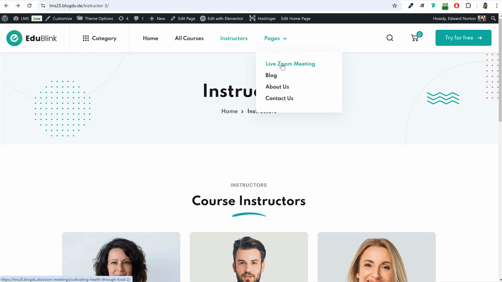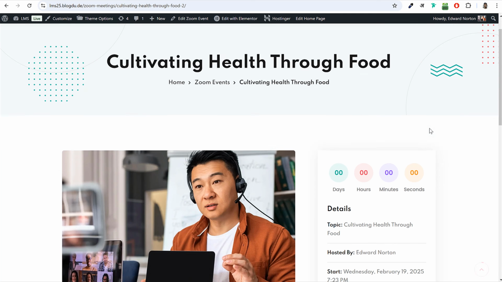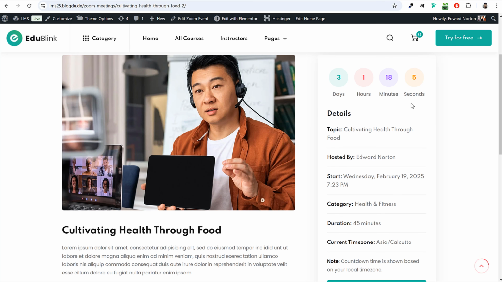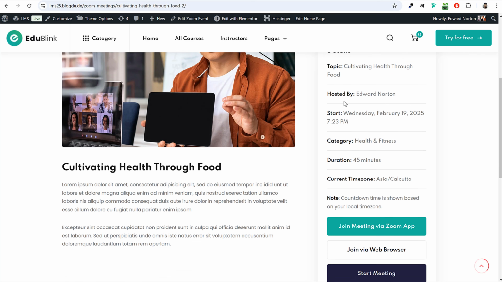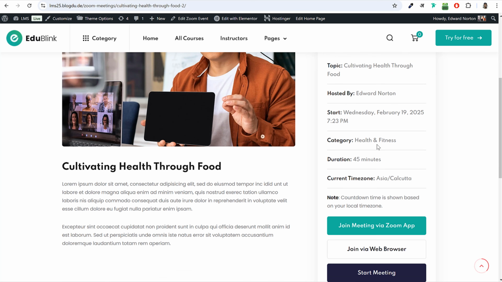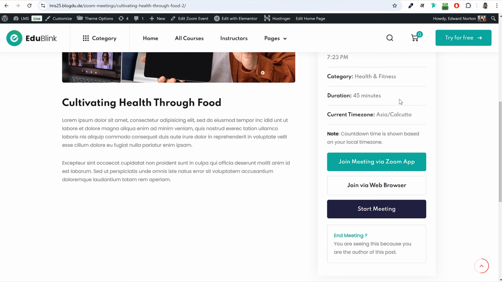For example, I'll show you how to do live Zoom meetings. You can see over here, this is a live Zoom meeting, and you can see the timer when this meeting is going to be held, who is hosting this meeting, what is the time, what category, and what is the duration of the meeting. Now, whenever this meeting is going on, you can simply click on a single button and you can join